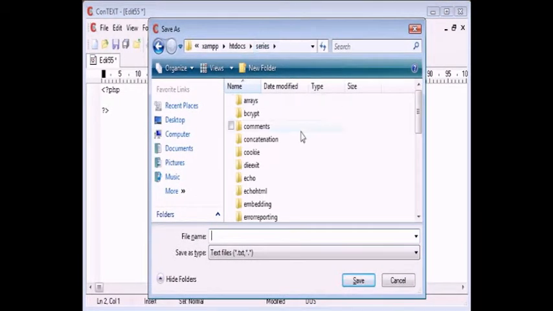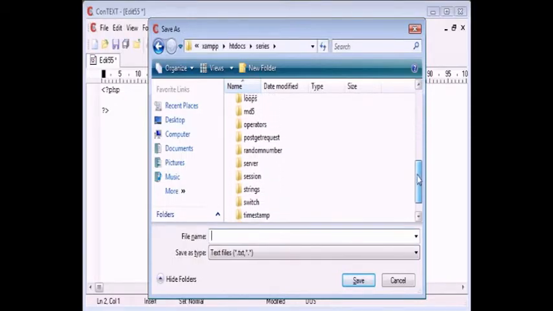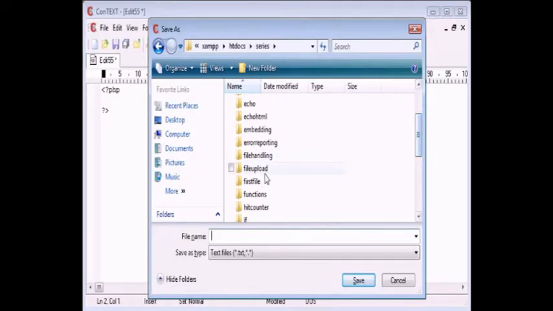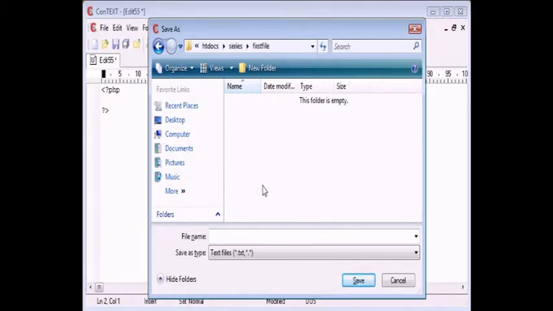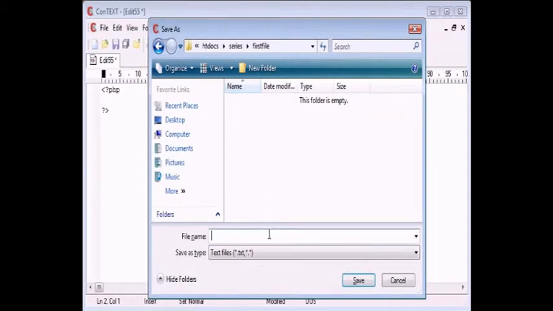Now I have a folder inside my htdocs folder called series, and this is where the code for the videos for the whole series will go. I've created a particular folder here called first file. So this is how we're going to access it in our web browser. We're going to go to localhost, series, first file, and then we're going to have our file name here. So let's just call this document,